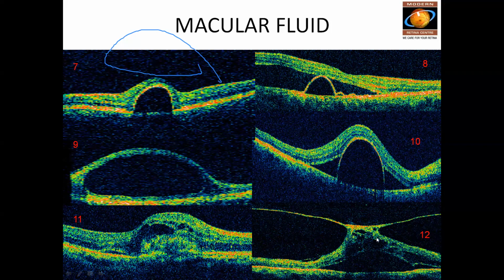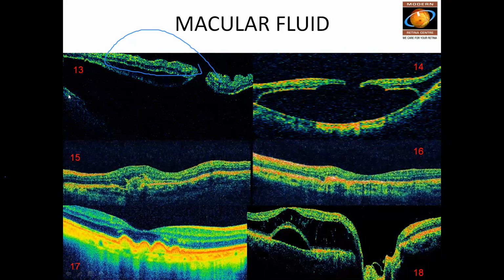Number 12. Actually this is the retina. What you see as a membrane here is like an epiretinal membrane, but not exactly an epiretinal membrane. It's a fibrovascular membrane, which especially occurs in diabetic or vein occlusions. Such a fibrovascular membrane, at some abnormal attachment, pulls the retina instead of separating. When it pulls the retina, you get a detachment below that. So this is basically a tractional detachment developing.